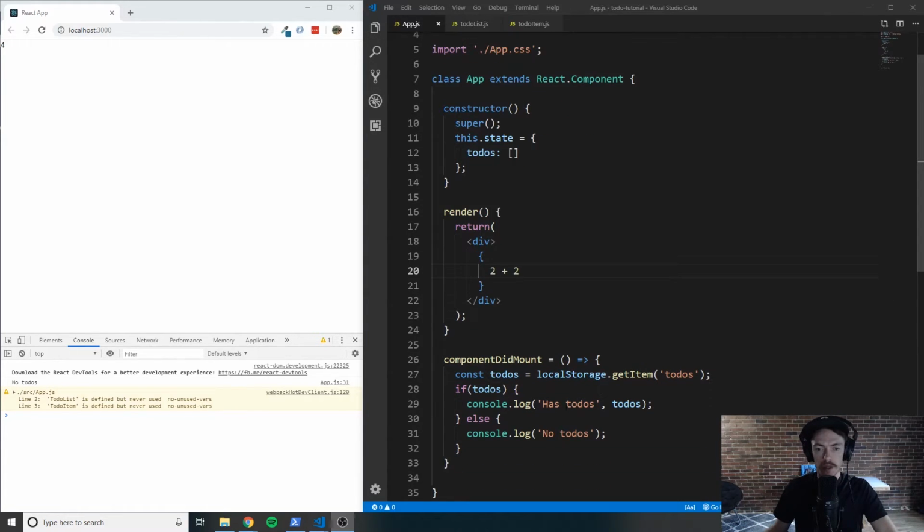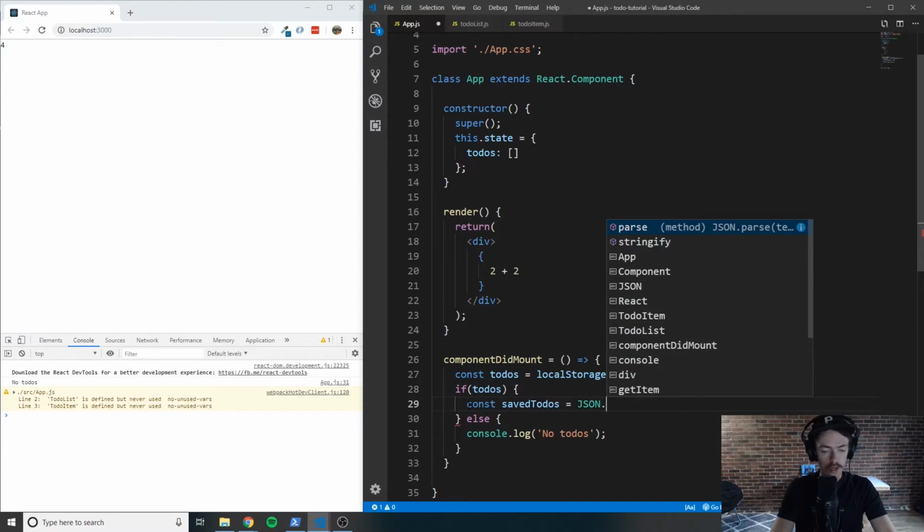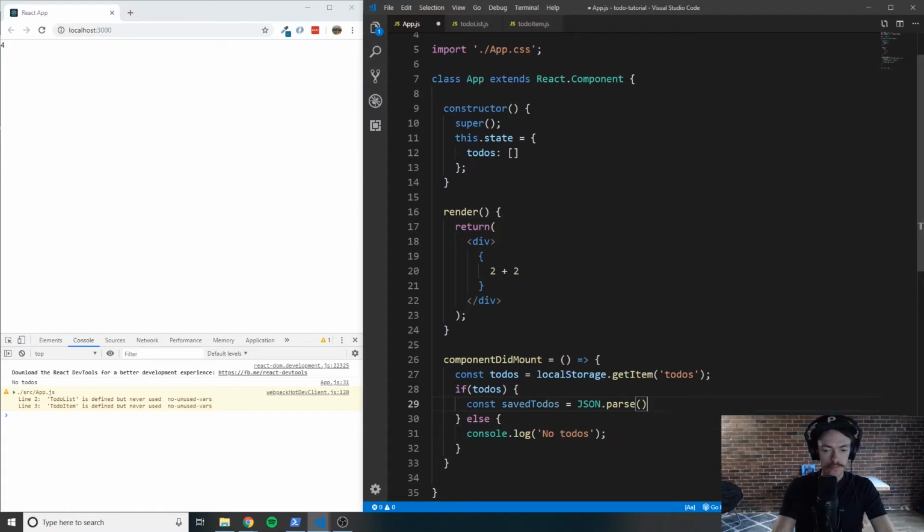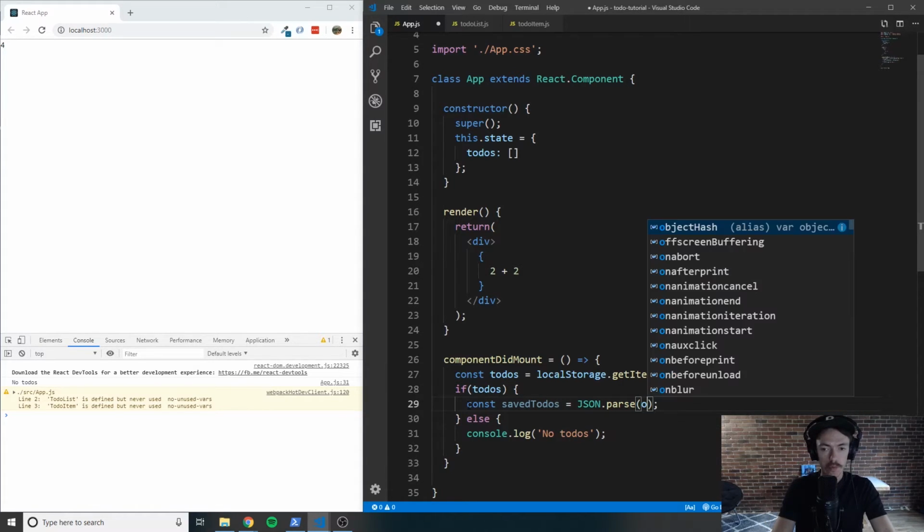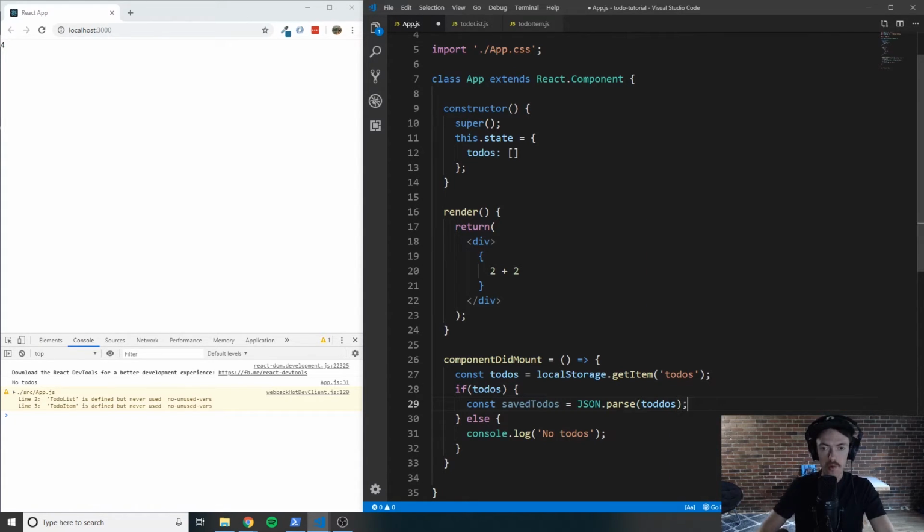So let's say in this part, we happen to have some to-dos. We would have to first parse it out. So we would say const todo. Actually, we don't want to use the same variable. We'll say const savedTodos is equal to JSON.parse. We want to parse the string. We want to parse todos. And now savedTodos will actually be the object or the array of the to-dos that was stored originally as